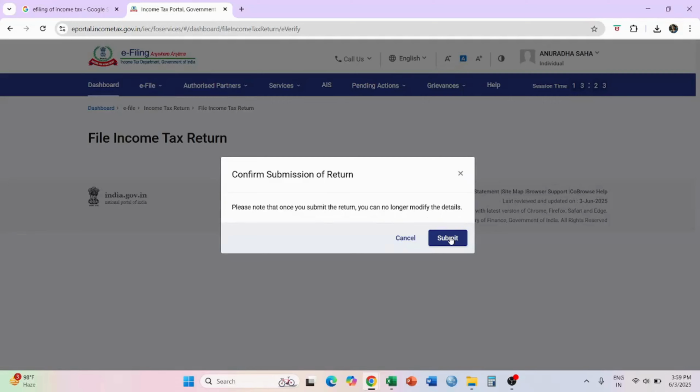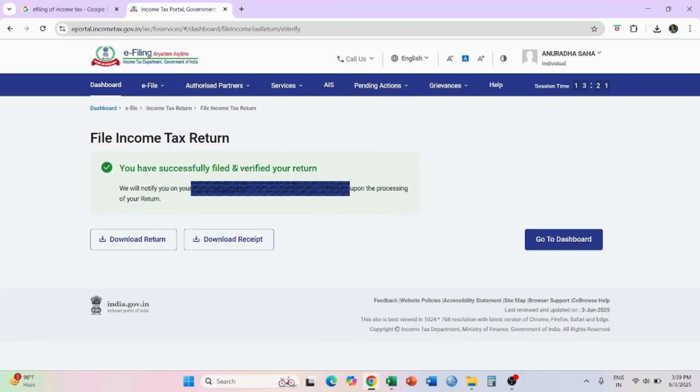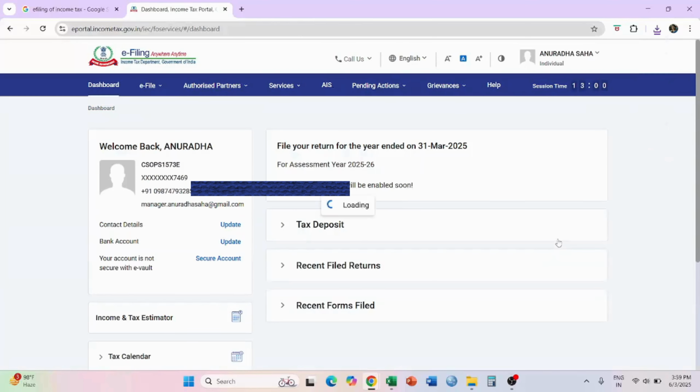So select submit and see, you have successfully filed and verified your return, and your mobile number and mail ID are shown over here. Download the return. It gets downloaded. Download the receipt. It gets downloaded. Go to the dashboard.